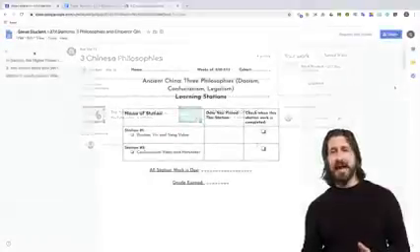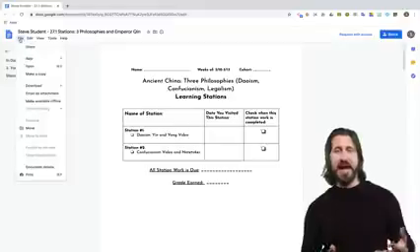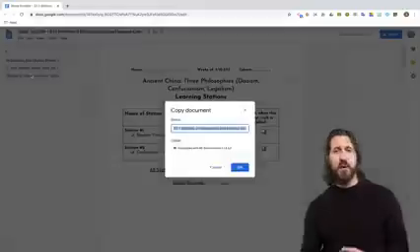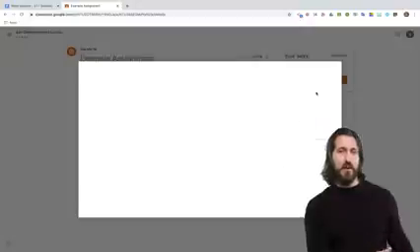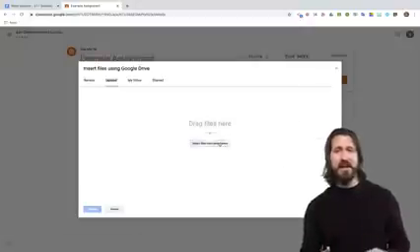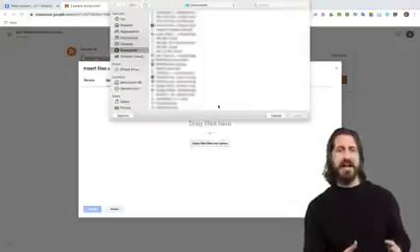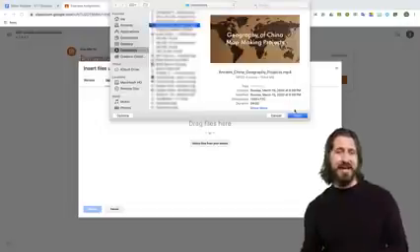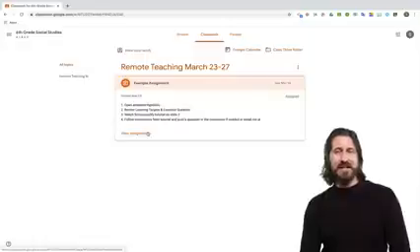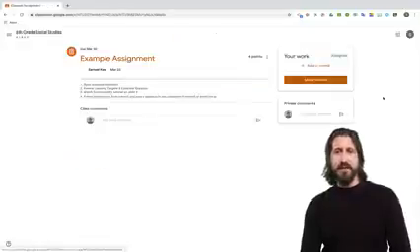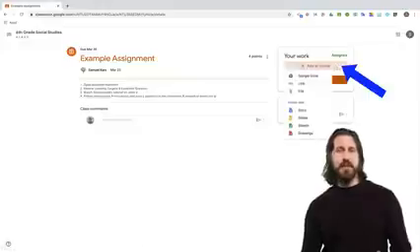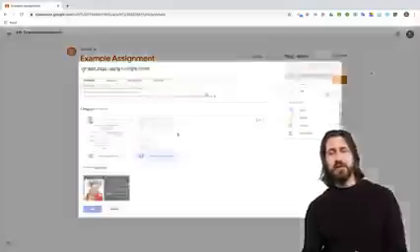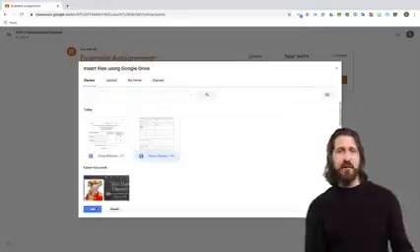If, however, a student had to make a copy of a file that they had view-only access to, or if you want students to upload an assignment that they created in another program, which I do all the time, you're going to want to make sure that they understand how to upload that assignment into Google Classroom. To add the assignment, they'll first find the assignment, then click View Assignment. There you'll see that there's a button to add or create. Similar to the options given to a teacher, a student can either add a Google Drive folder or a link